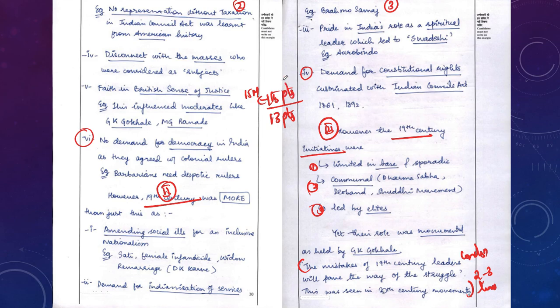Because if you look at the UPSC toppers' answer copies, and particularly the rank 1 toppers' answer copies, they always have this strategy. Whenever a 10 marker question is asked in the examination, they will come out with 10 points, and whenever a 15 marker question is asked, they will come out with 15 points